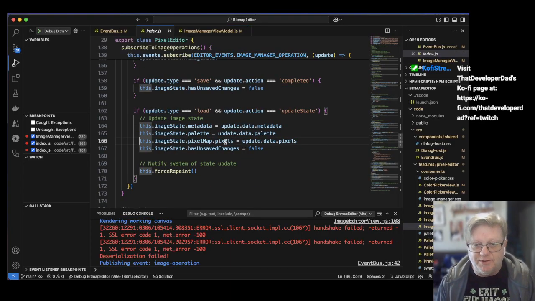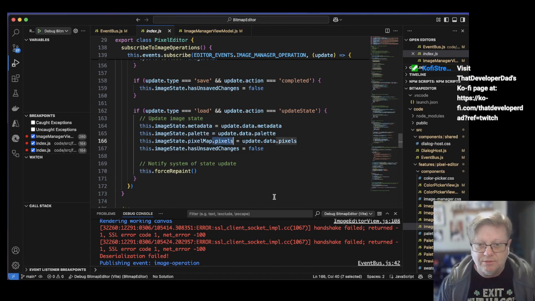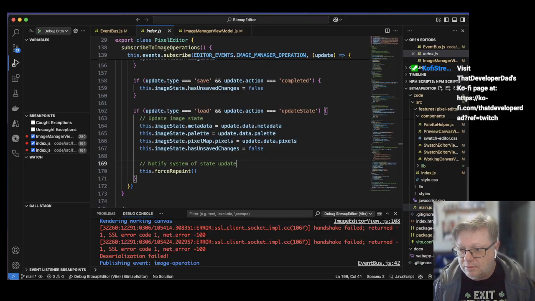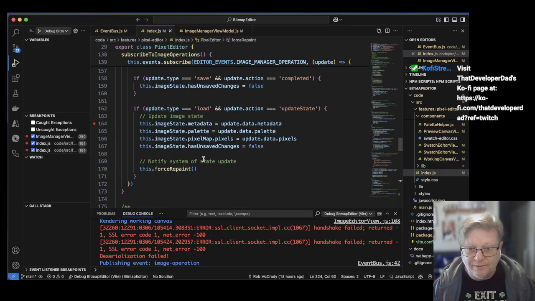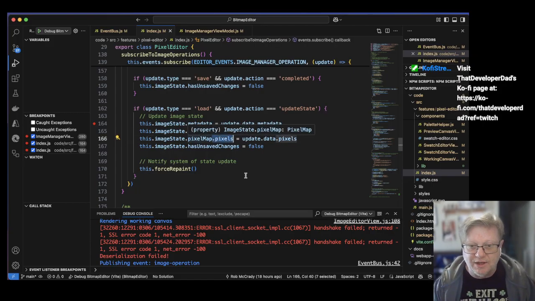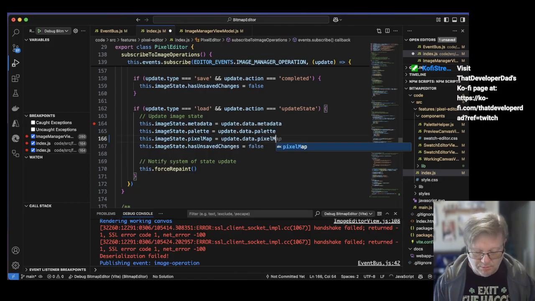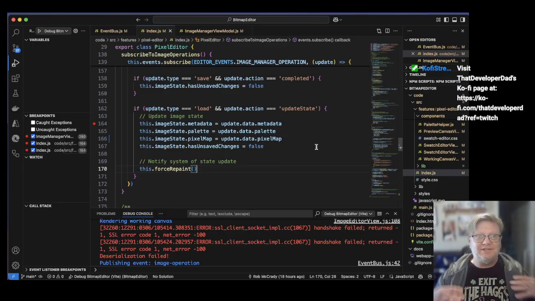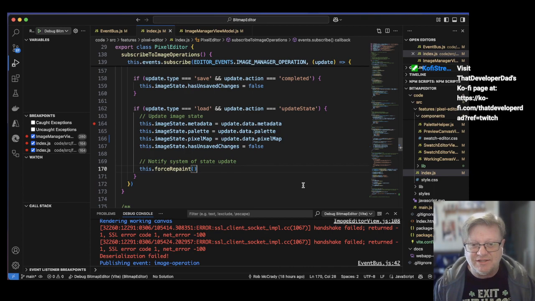Index.js, image state.pixelMap equals update.data. Oh, stop it. You goon. Image state.pixelMap becomes update.data.pixelMap. Now, hopefully, I've got all of the case sensitivity nonsense. Well, not nonsense, but all of the case sensitivity matters